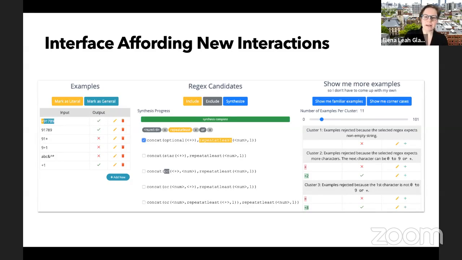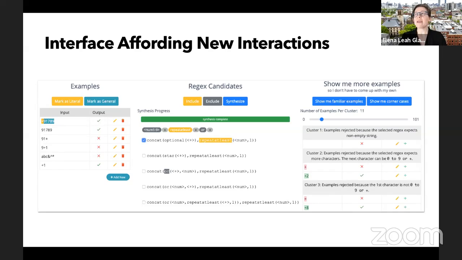these are where the regex candidates are generated when synthesis is complete. There's a little bar, and there's a timeout in case synthesis fails. While these programs in the middle do not look like regex programs, they're actually a little bit more readable. It's a domain-specific language that is functionally equivalent to, and limited in its differences from, the classic regex language. On the left, we have a place where the user can provide positive and negative examples for strings that they want to be accepted or rejected by the regex.